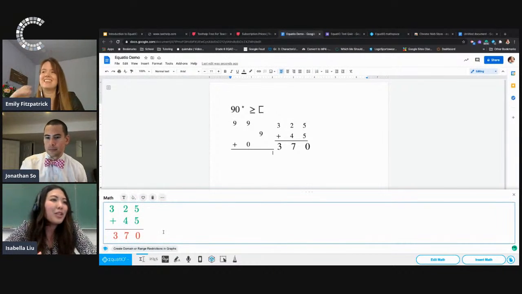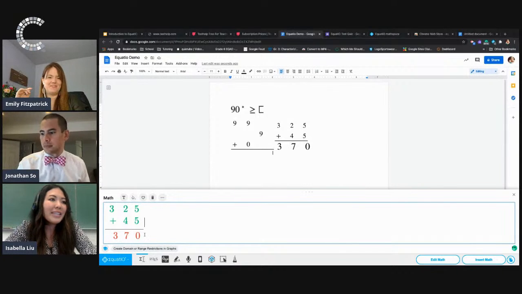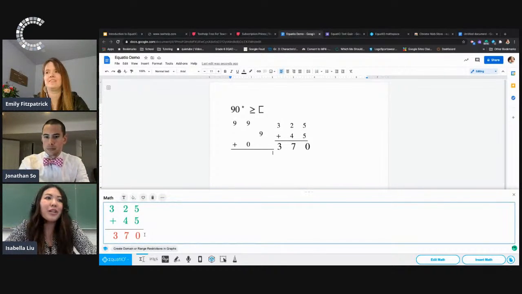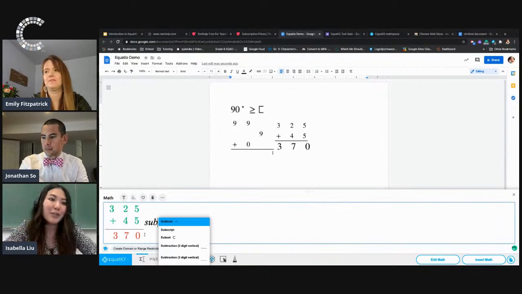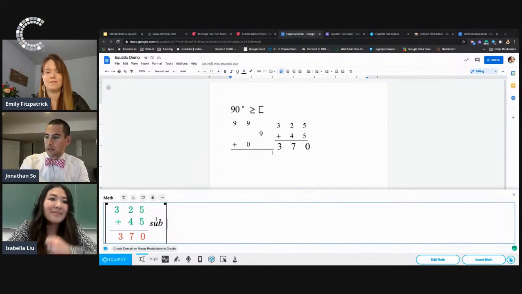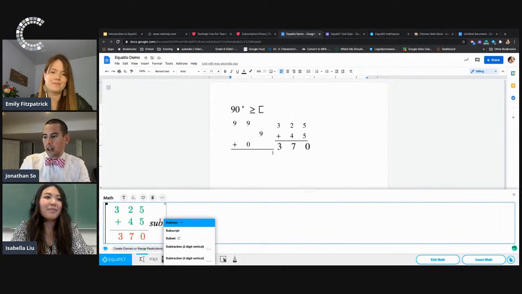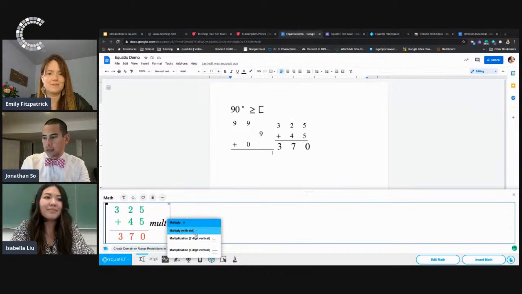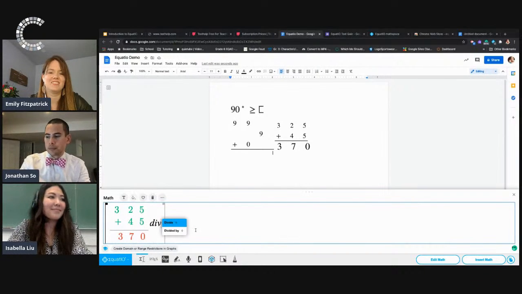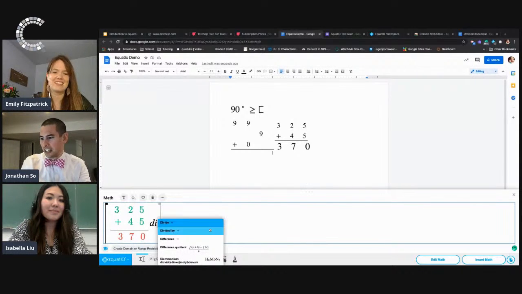So we have a couple of questions from Randy. Like, how do you create a vertical addition and subtraction? So like the addition table that you just demonstrated. How did you get that? Yeah, so for the addition one, I just typed in add. And then that will come up with the 3 or the 2. And then subtraction is the subtraction. And I'm pretty sure multiplication would do the exact same thing. And so would division. No, my division doesn't. It comes up with different things,